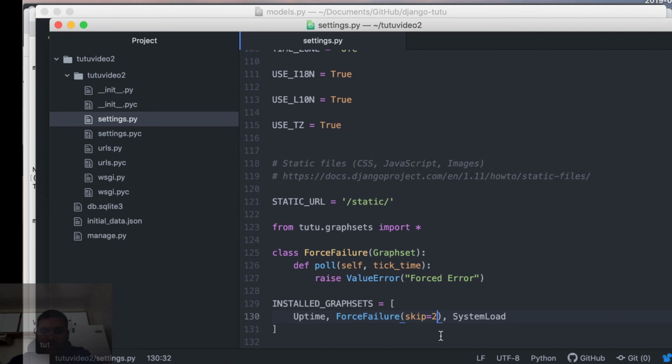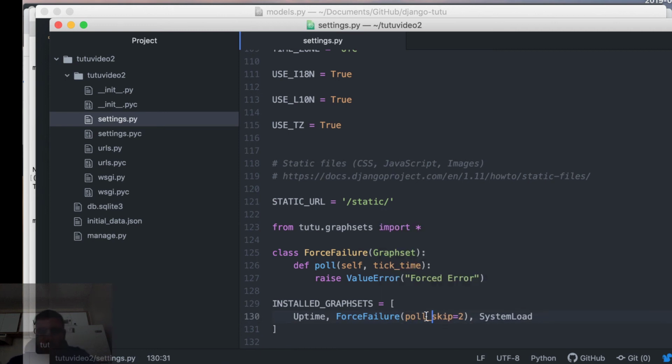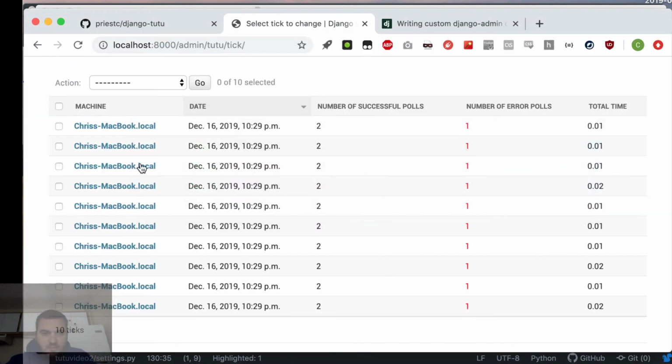So this is a way to define that you want this poll to happen, what we call poll skip. So we want the poll to skip 2 ticks. This will be useful if you have a Graphset where the poll takes a lot of resources. Like for instance,